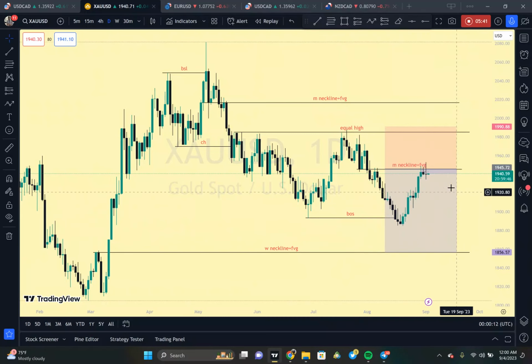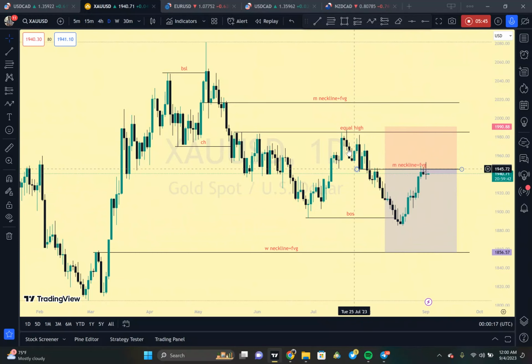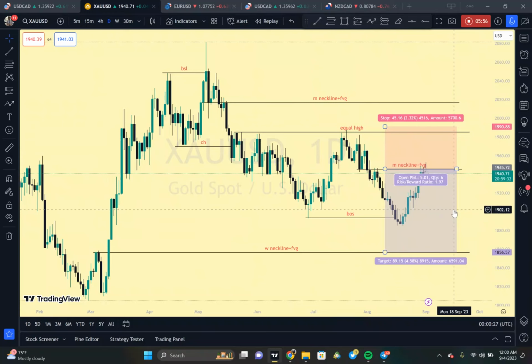So at this particular price point, you could equally short the market around here, because if price is to obey this particular M pattern, price should not what? Trade above this particular high here. That is the logic that you should have at the back of your mind. So this is basically what I wanted to share with you today. This particular week, we are looking for selling positions on gold.